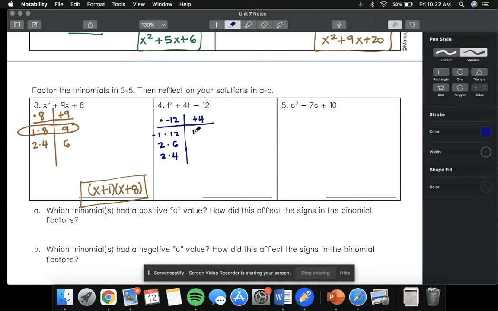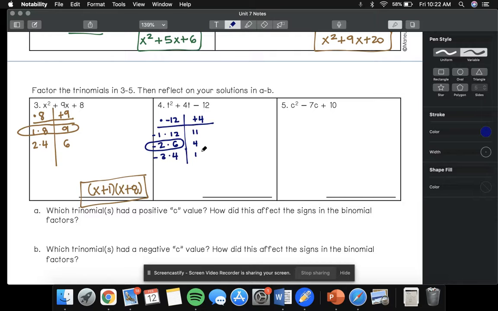That would add to a positive 11. So that's not very close. Okay. I'm going to do negative 2 times 6 because that's negative 12. That does add to 4, so this will be my right answer. Okay. I can also check this and do negative 3 times negative 4, which is negative 12, and that would